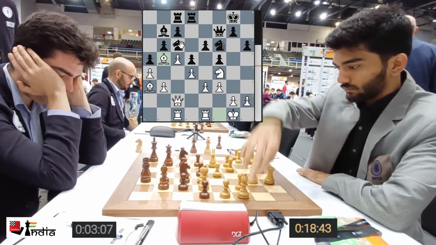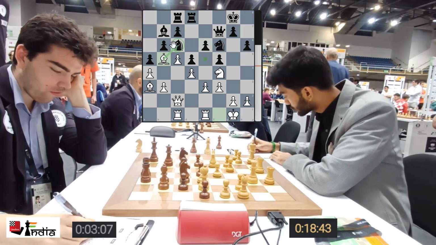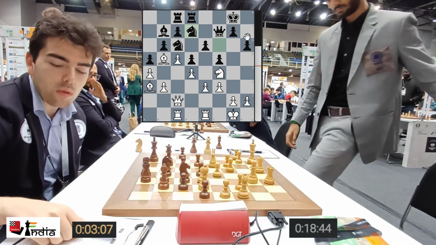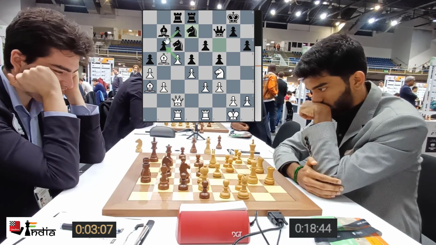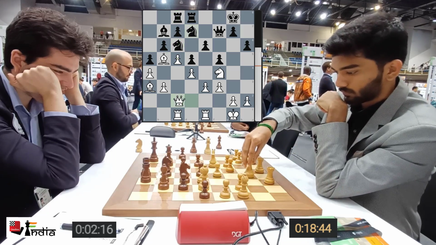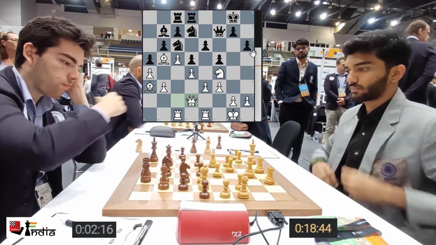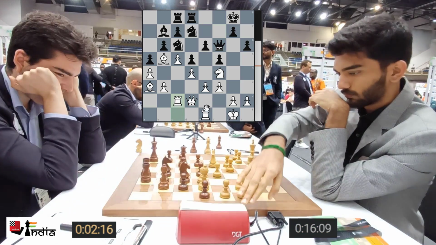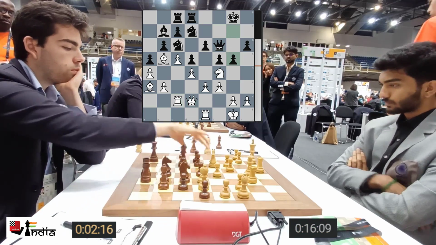He anyway goes bishop b5 to attack the knight. The knight has to move away. He goes knight d7 because if takes, the rook would protect c6. Queen d2 played. And he goes queen f6. The rook comes up. You want to double on the c file.